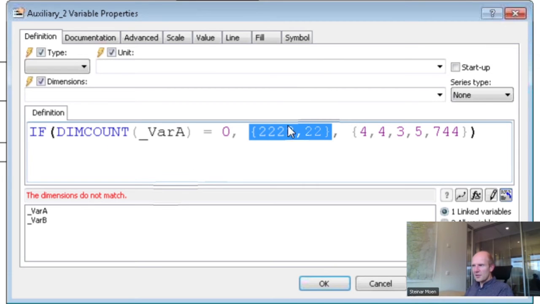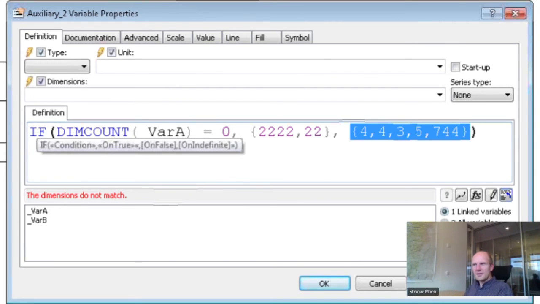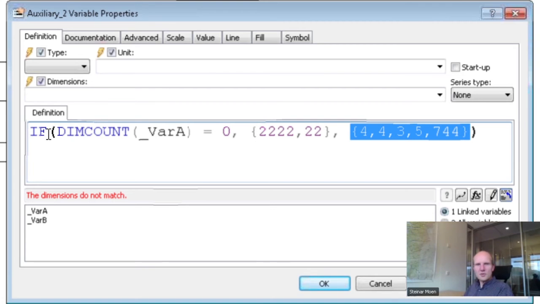Because I'm not allowed to put one definition like this, otherwise this definition, I'm not allowed to do that in an if function. But there's another function similar to if, where this is allowed, and which is much more useful to use in cases like this. Because normally, in a larger case, if we have a dim count being 0, then we want